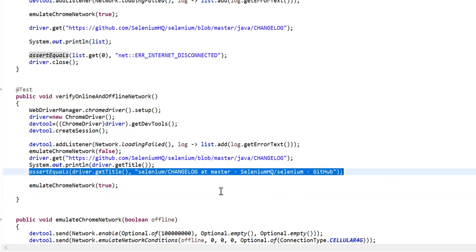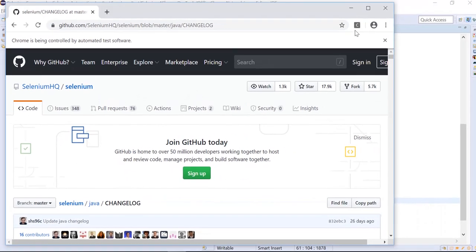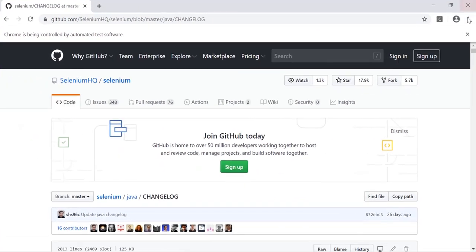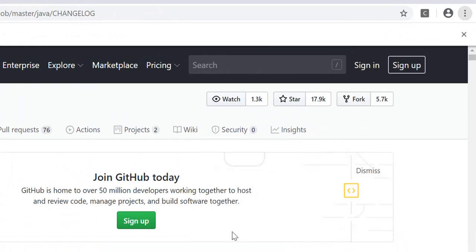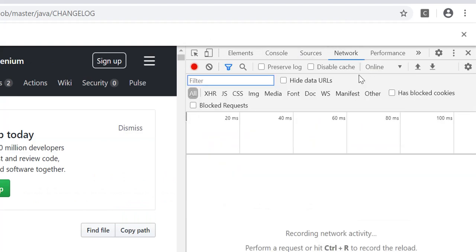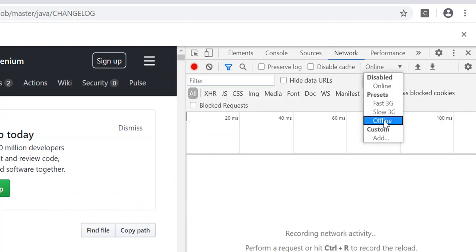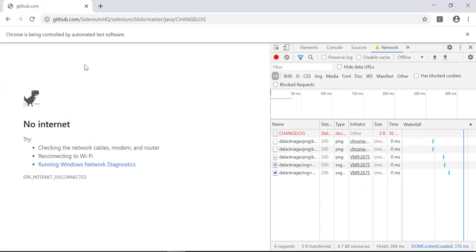If network is off, then title cannot be same. If you go here, and if I go more tools, developer tools, network, let me make it offline. Let me refresh it. We can see here. So now title is coming github.com.